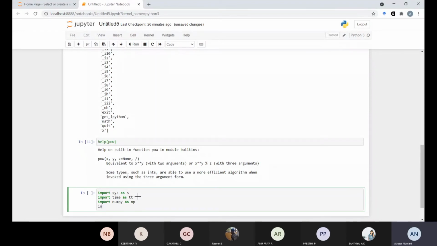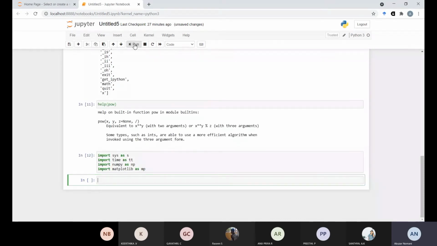I also want to import matplotlib, so instead of writing matplotlib, we can write mp. So if we run this, all these modules have been imported into our Jupyter notebook, and we are now able to use these functions.